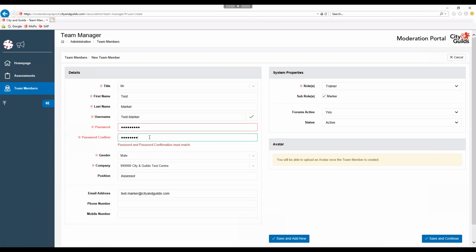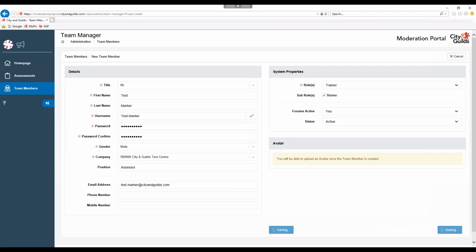Oops. Just check that. Of course, it goes slow just when I need it to work quickly. While that's loading,